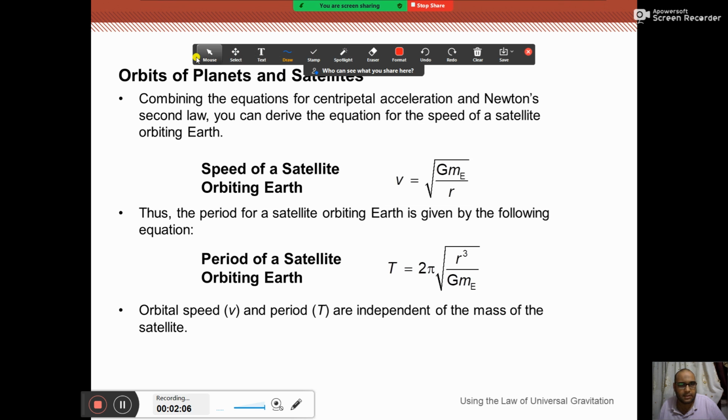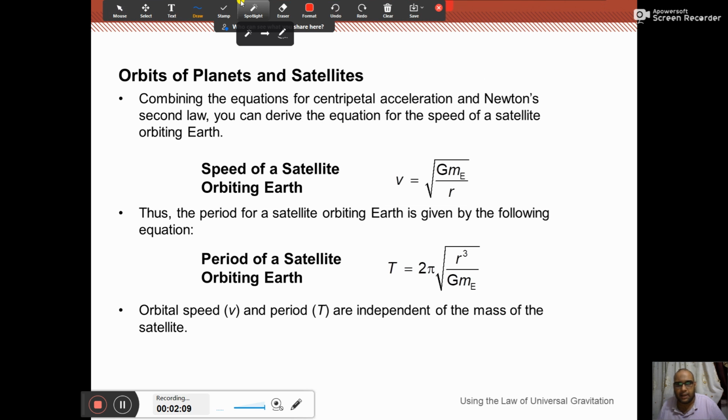The one which says that a equals v squared over r, and the other one, we studied this law last year, the one which says